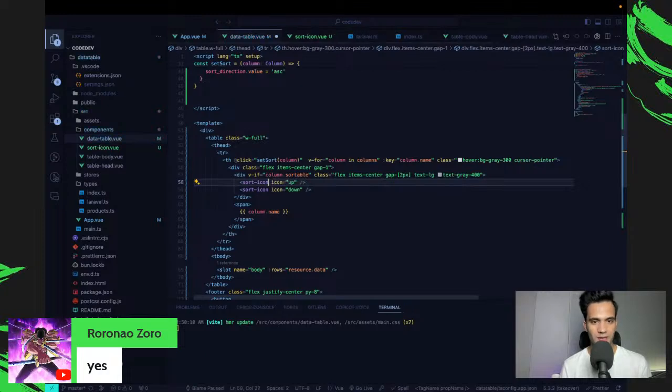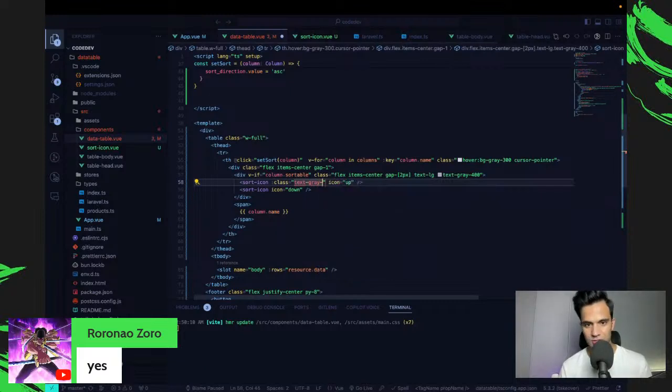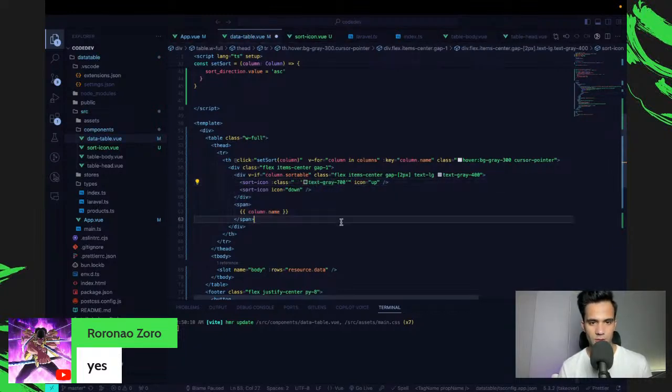We can just display one of these icons, or maybe no. Let's just say we're going to bind the class text dash gray dash 700. I want to make it a bit bold when it is hovered. So how would that work?